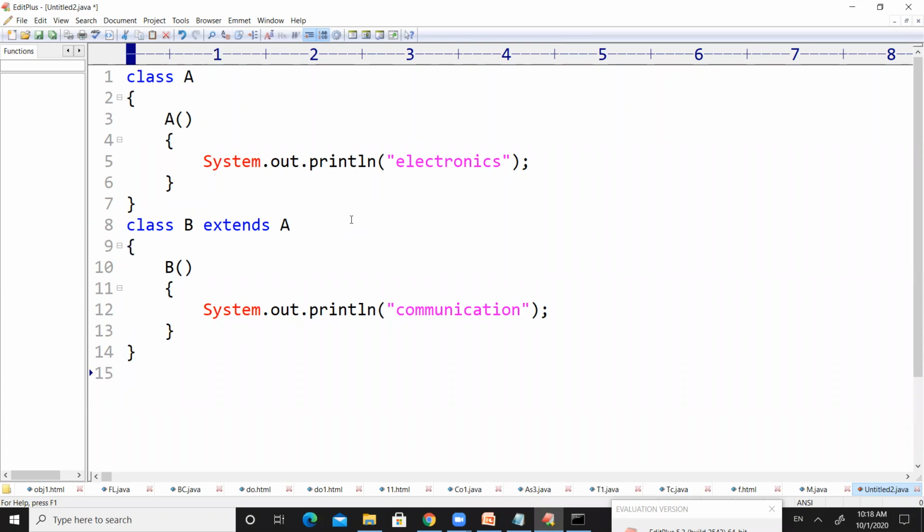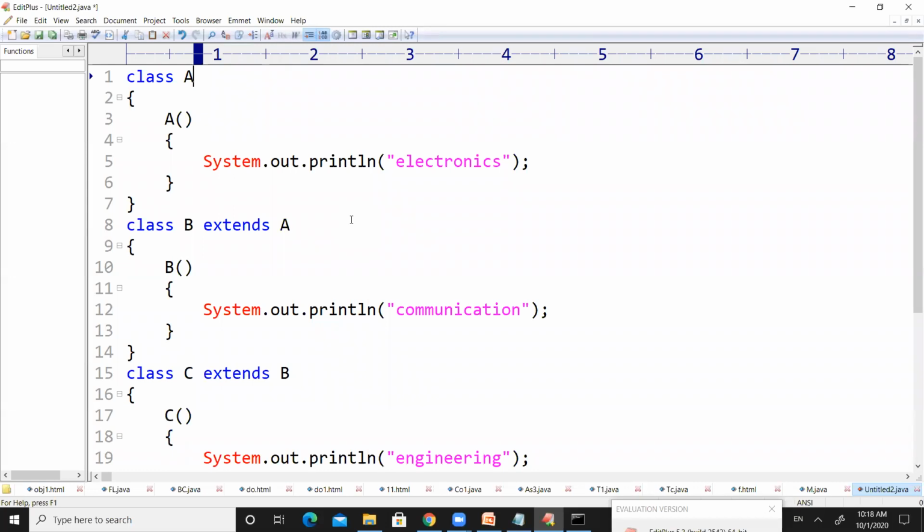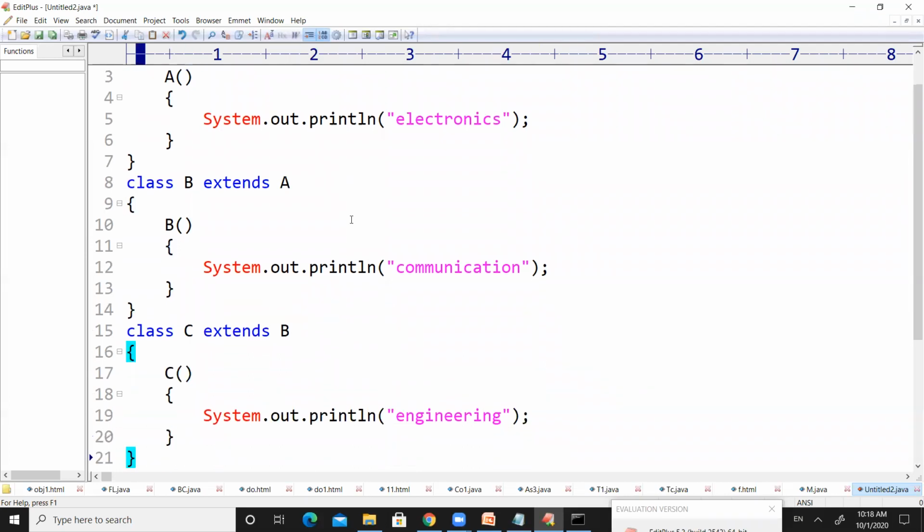If I have one more class, class C, which is extending B, this particular class will print System.out.println engineering. So there are three classes here in total, A, B, and C. A class constructor will print electronics, B class constructor will print communication, and C class constructor will print engineering.